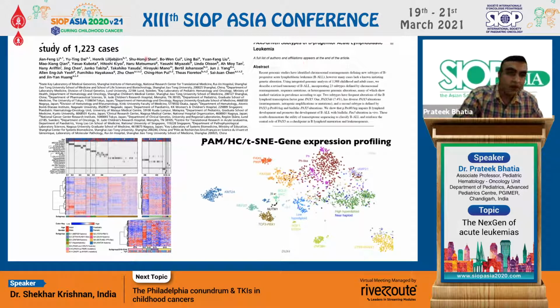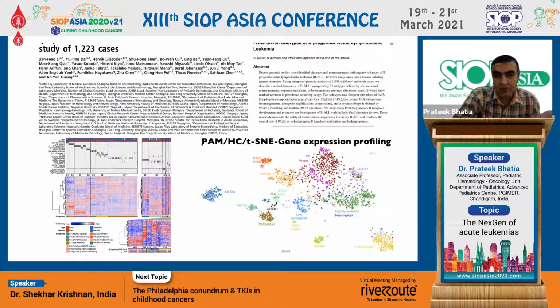What was important in B-ALL development were these two papers which came in 2018 and 2019. These were landmark big intercollaborative research studies wherein in a large group of B-ALL childhood as well as adult cases, they did complete transcriptomic analysis of the ALL leukemia cases. The transcriptome involves the complete evaluation of the RNA, or RNA sequencing, and it gives you an idea not only about the different known and unknown fusions within the leukemia, but also about the expression of different genes in leukemic cells. And using both this information of expression as well as the presence of fusions or translocations, they were able to classify the leukemia cases into different groups.